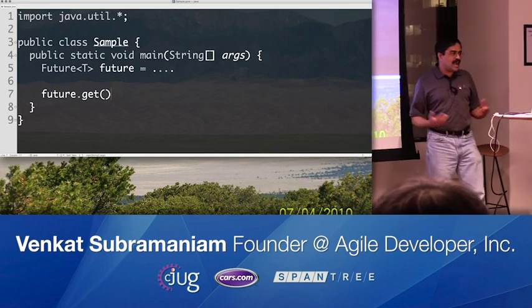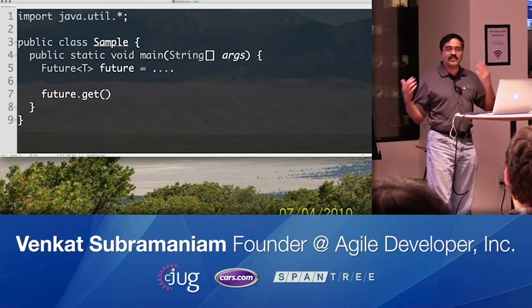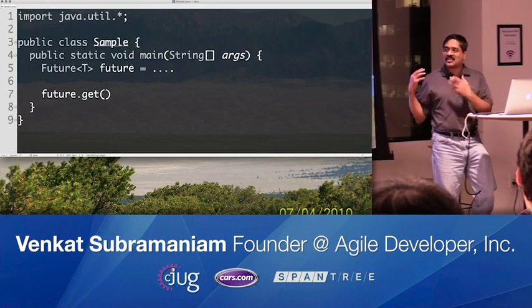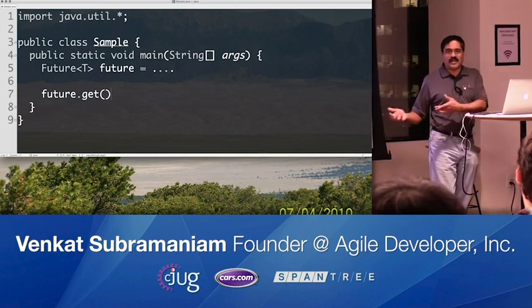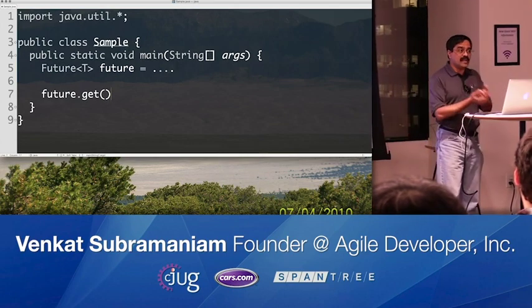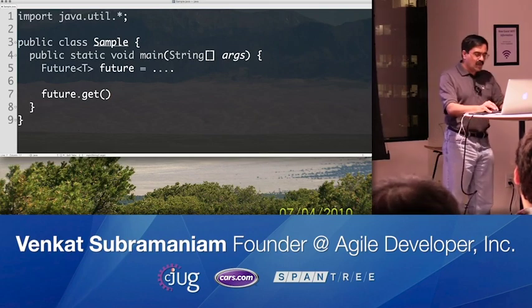And as a result, the irony is, Future is something you call that has no future after it, and you're going to get stuck and wait on it to get the response back. And as a result, your thread cannot really do a whole lot until you get the results back. So that didn't go really well at all.